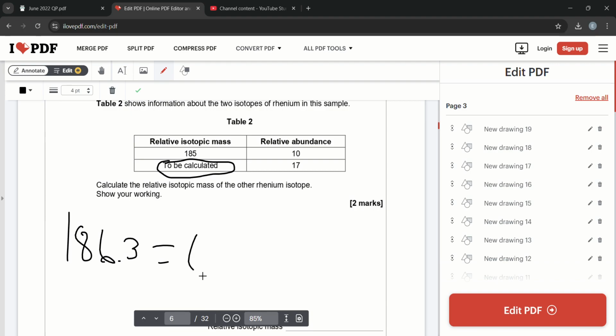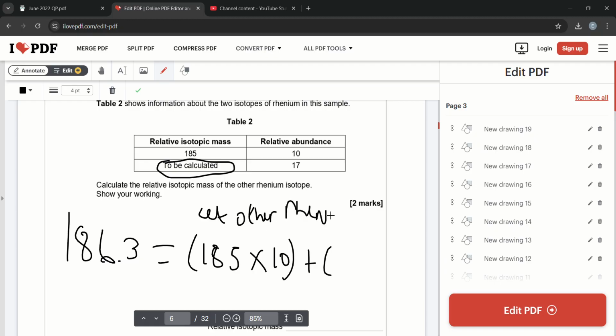So that's equal to 185 times 10 plus, let's let the other rhenium isotope equal y. So we get 185 times 10 plus y